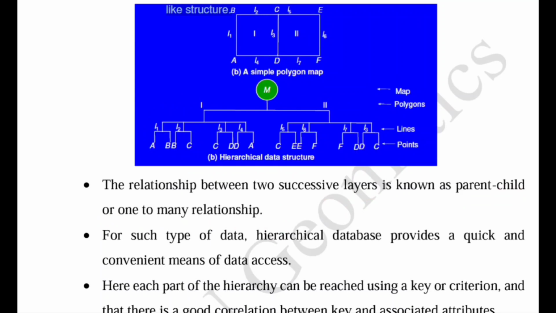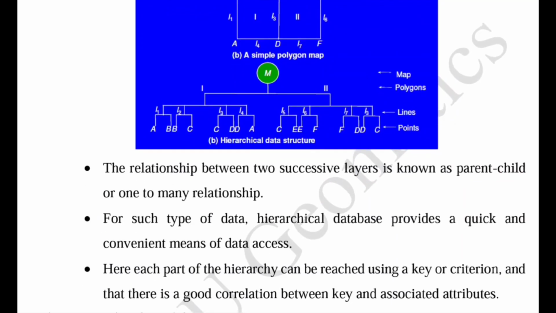So in this database structure or database model, the points are stored many times, with repetition, mostly in the case of the child phase. So in this approach, each part of the hierarchy can be reached using a key or criterion, and there is a good correlation between key and associated attribute. Means we can directly find out that polygon 1 is made with the help of L1 to L4 lines, and L1 is made with the help of A and B points. So it has the direct relationship between the successive layers,